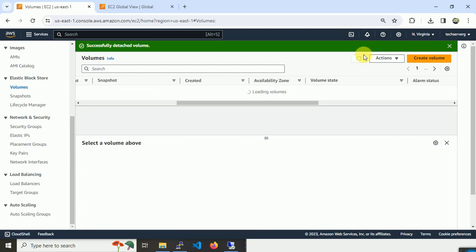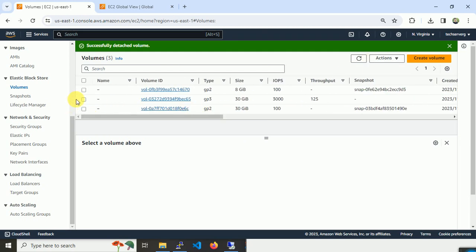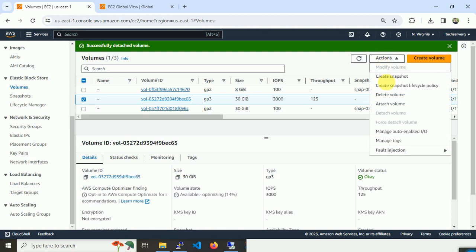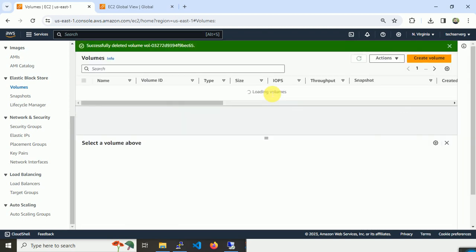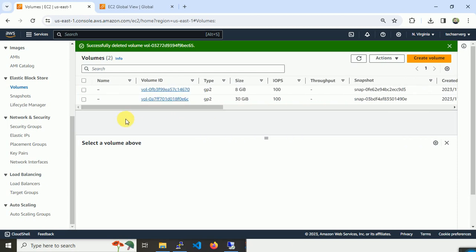It is still being optimized. Once it's available, let me click on delete volume and delete it. So in this way you can remove the disk in real time. But if you compare it with the Linux machines,